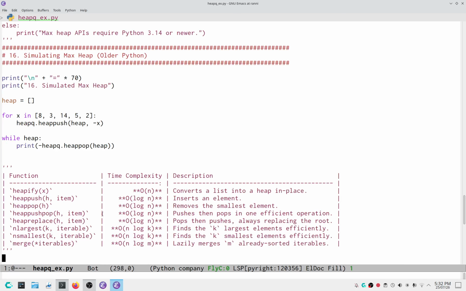Now the complexity, most of it was discussed when we were doing the third discussion. Heapify is order n, heap push is order log n, heap pop is order log n, heap push pop is order log n, heap replace is order log n, and n largest is n log k, n smallest is also n log k, and merge is order n log n. Okay. So these are the complexity, and I will put this entire code as a gist, and the link of that gist will be there in the